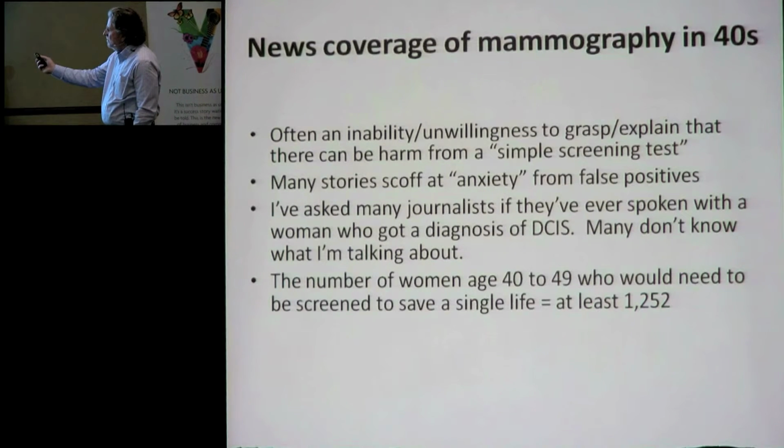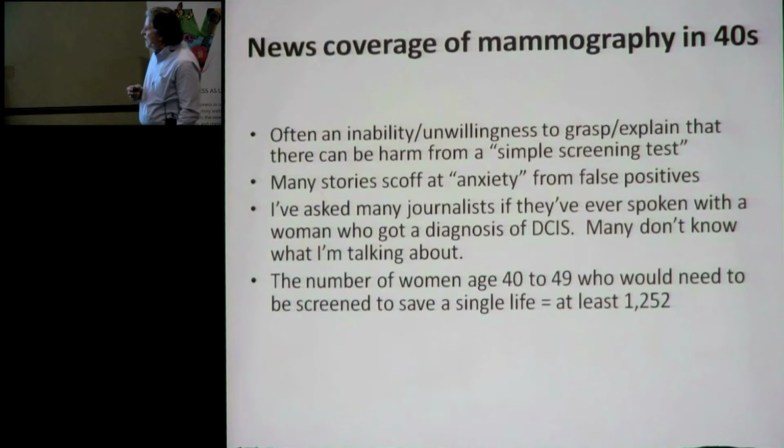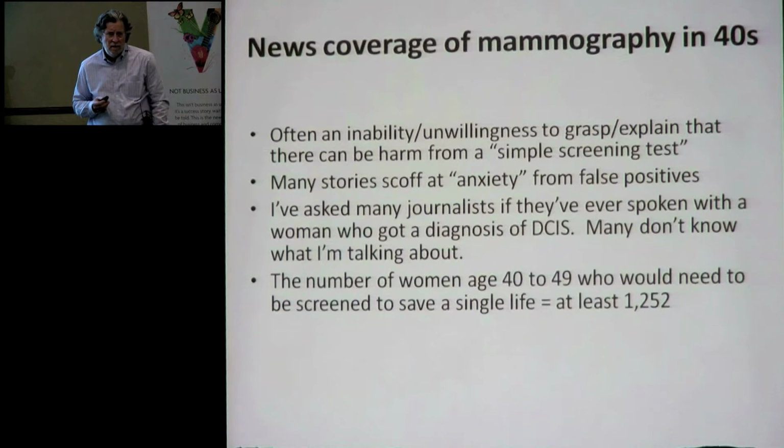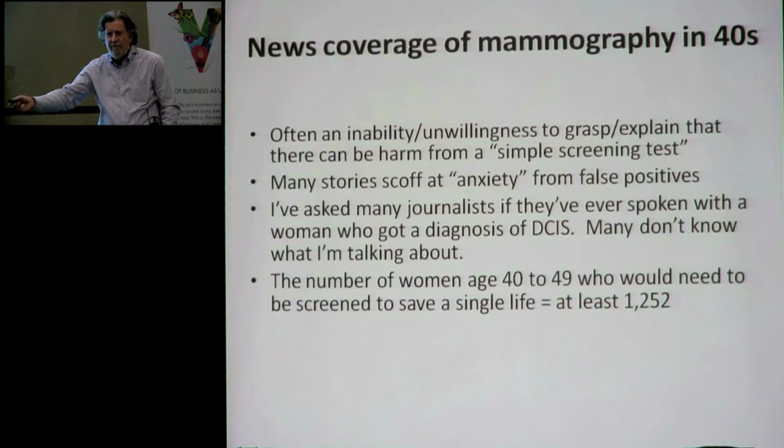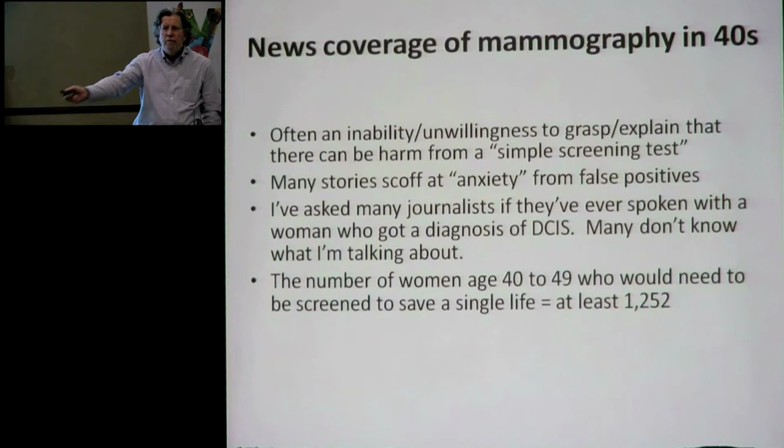The number needed to screen that Anna talked about, well, the number of women aged 40 to 49 who need to be screened to save a single life is at least 1,200 and some. Think about that. We have, what, 40, 50 in this room? Think of a room of 1,252, and we'd have to screen all those women in order for one to benefit. Yet the other